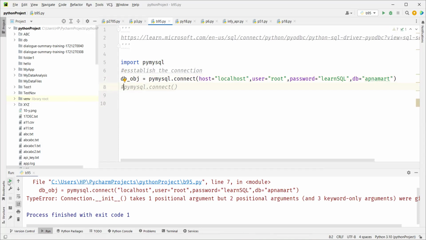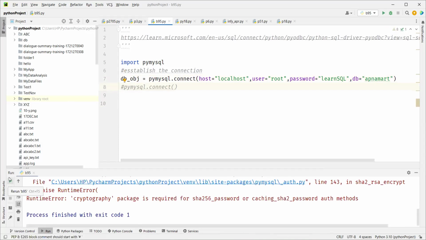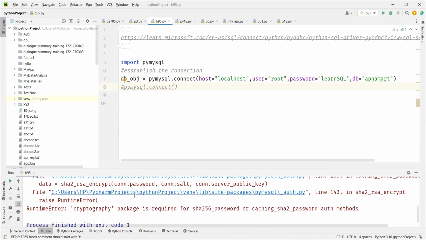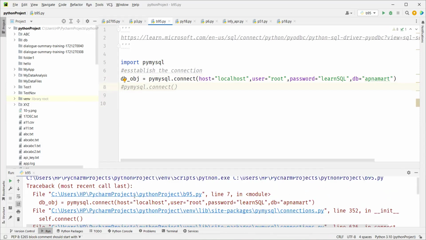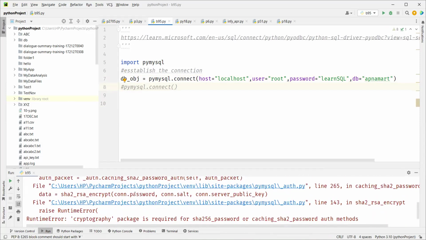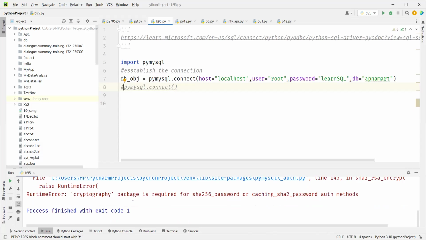Now let me see. Localhost, root, password, and DB, sometimes the database name. Surprising, I have never worked with using this. Let me see. Okay, let's go ahead and we'll create a